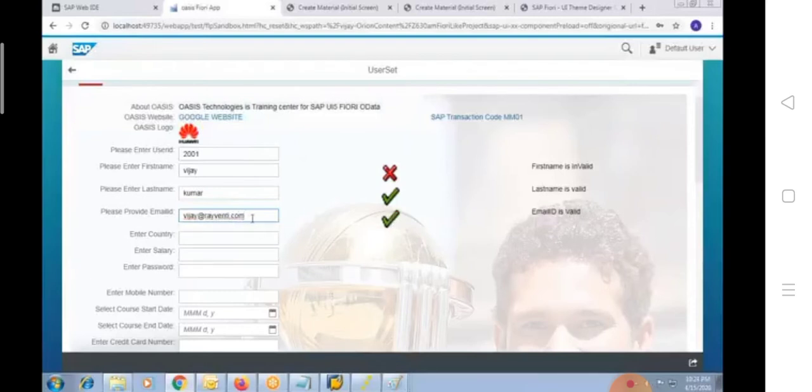If the value is perfect, then you'll get a tick mark symbol. If the value is wrong, then you'll get a cross symbol. If the length is not proper, then you'll get a message that the length is not proper, so the first name is invalid. So the length should be, in this case, I think, more than 12 characters.